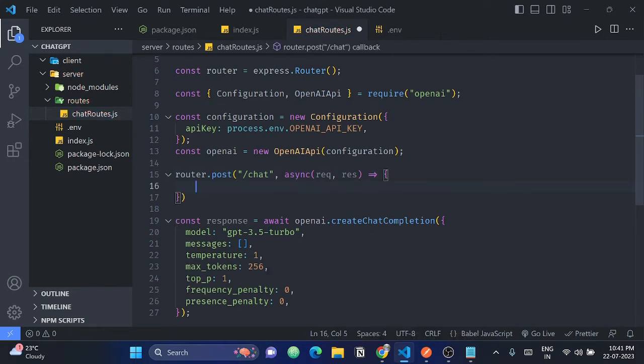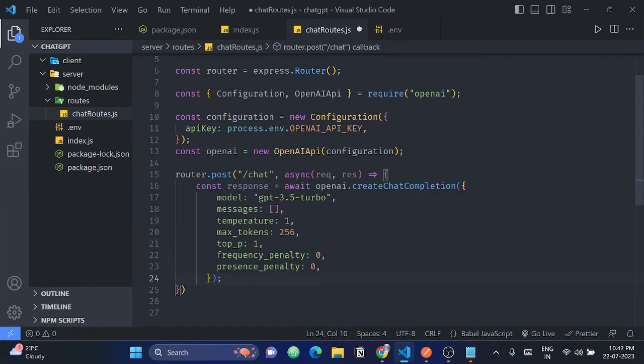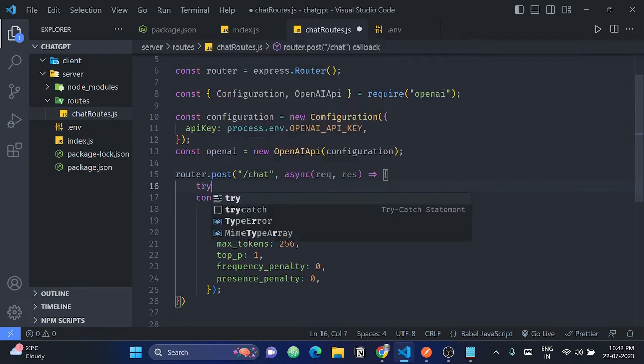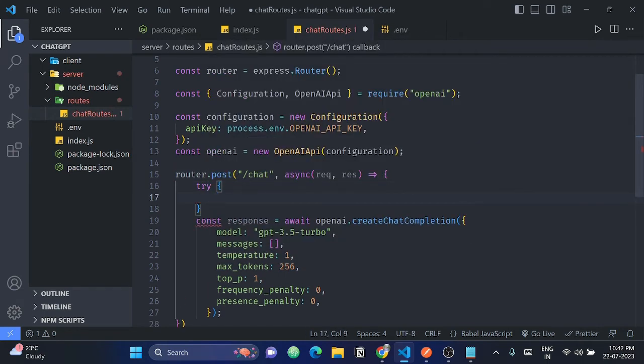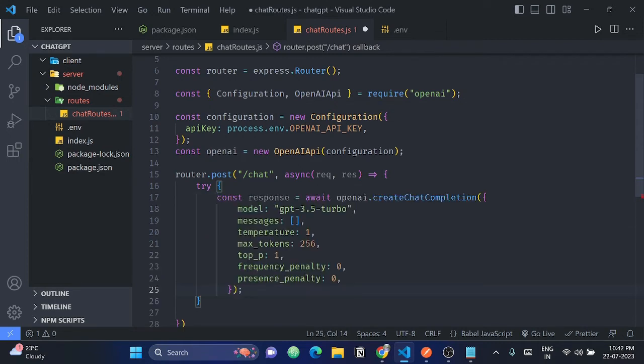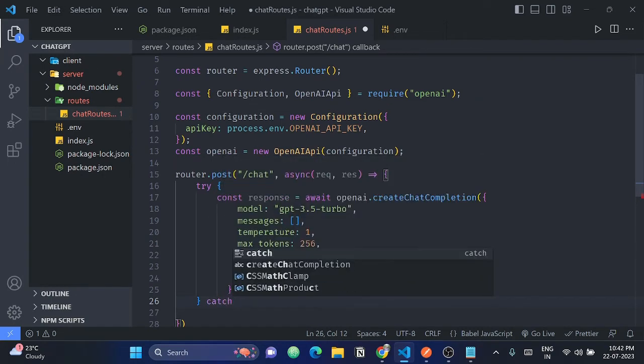Now all of this code will go inside this. Understood? Now it can so happen that this particular code can fail. Let's say there's some error, and whenever we call APIs, there can be some intermediate errors, right? So that's why I need to put this entire code inside try catch blocks. So I will say try. Try this. If it fails, then it will go into the catch block. So catch error,